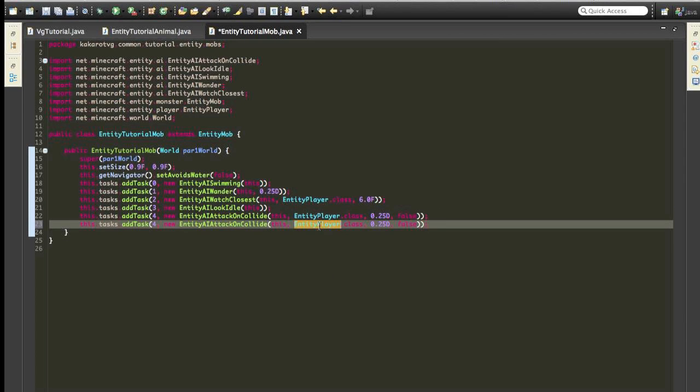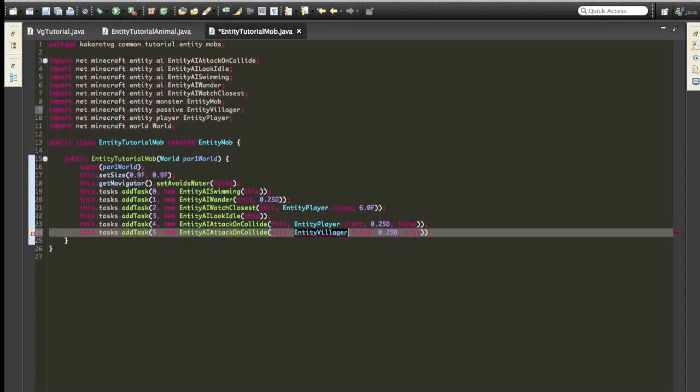And then EntityVillager dot class, true. So after the attack on collide tasks,